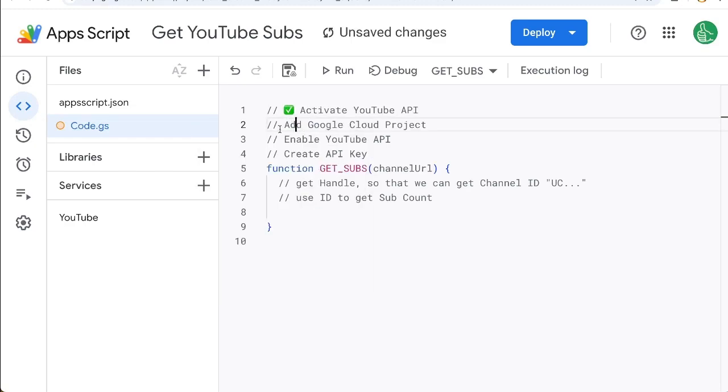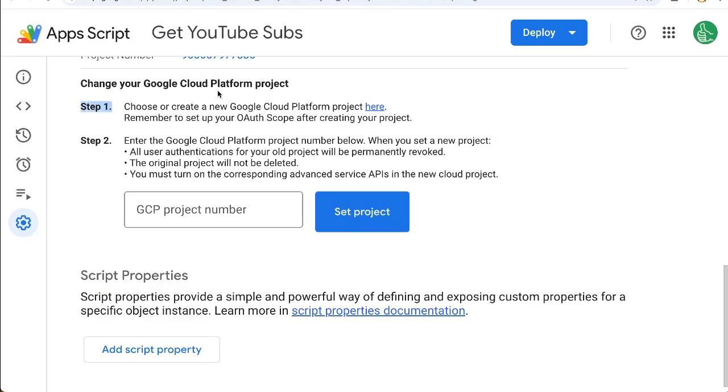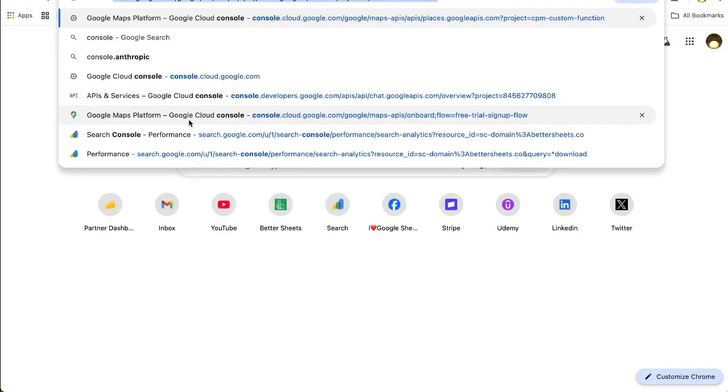Let's go add our Google Cloud project. We're going to Project Settings on the left side. We're going to scroll down, and there's a Google Cloud Platform project, and we need to enter a GCP number. If you don't have one, let's do it. We're going to go to